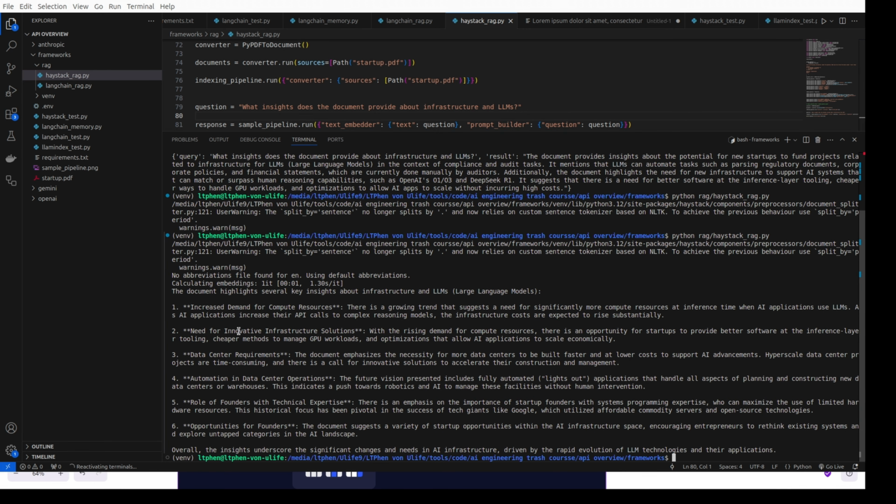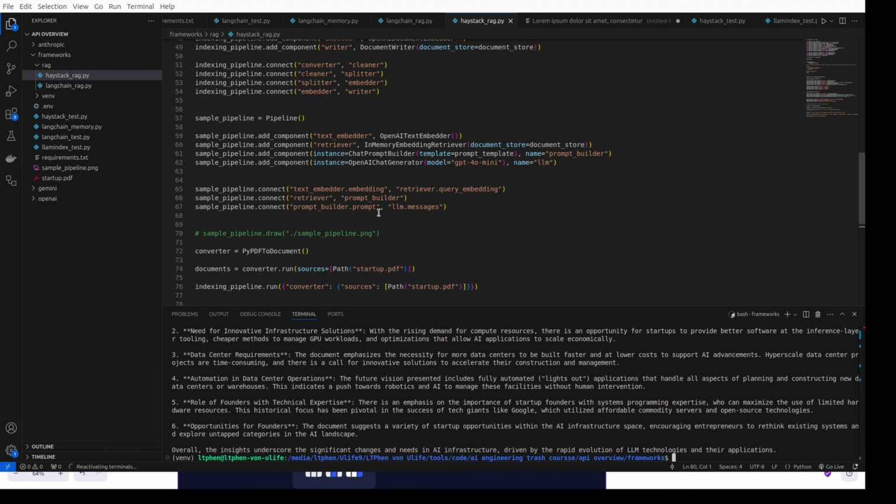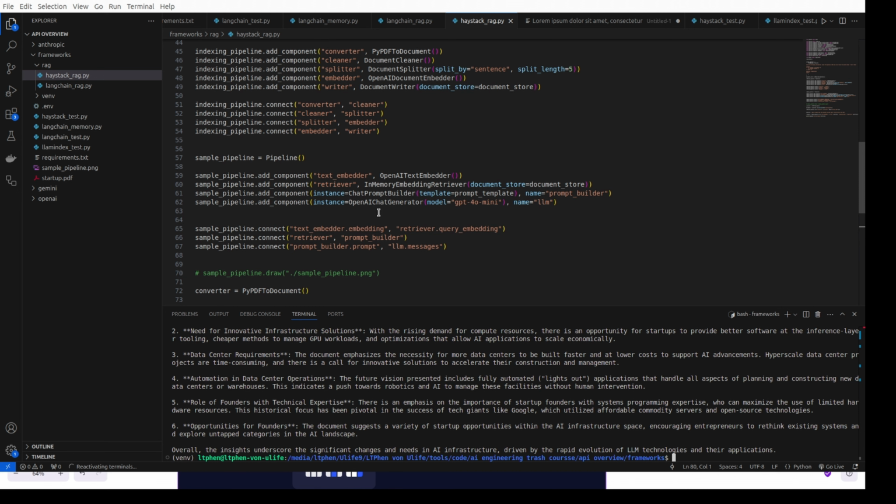Okay, so you can see the document highlights several key points about infrastructure and LLMs, like the increased amount of compute resources and the need for innovative infrastructure solutions. So this is actually generated by AI based on the documents that we pass in our pipeline. And you can see that maybe this is a bit longer, but it is clearer and simpler to build, in my opinion. You have a more structured way of working, and you have a better understanding of what's happening in